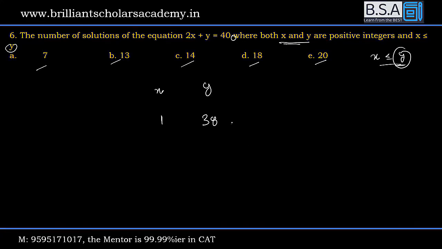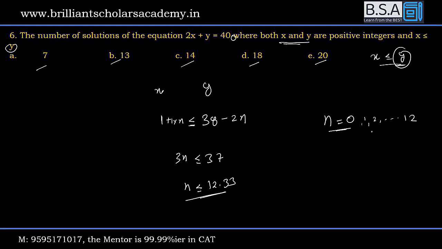अगर ये 4 की जगह 400 होता, तो कैसे चेक करोगे? प्लीज ऑब्जर्व हियर, this decreases by 2n and this increases by 1 into n। n का स्टार्टिंग वैल्यू 0 है, when n is equal to 0 तो y का वैल्यू 38, 0 is a possible value for n। इसको रीअरेंज कर दिया, 3n is less than equal to 37, n is less than equal to 12.33। तो कौन सा इंटीजर आएगा लेस देन 12.33? n can be 0, 1, 2 up to 12। So how many solutions you have? 13। बेटा इससे फास्टर मेथड नहीं हो सकता इन द मार्केट, क्योंकि पॉजिटिव इंटीजर्स कहा है तो 0 शुड नॉट बी कंसिडर्ड, 0 इज अ न्यूट्रल वैल्यू।